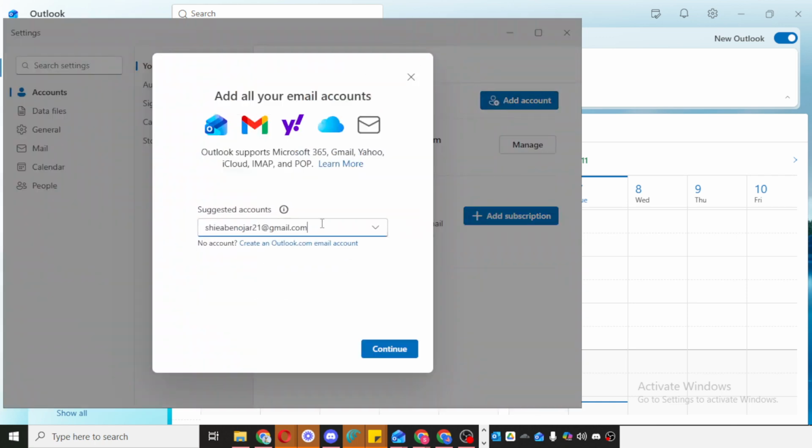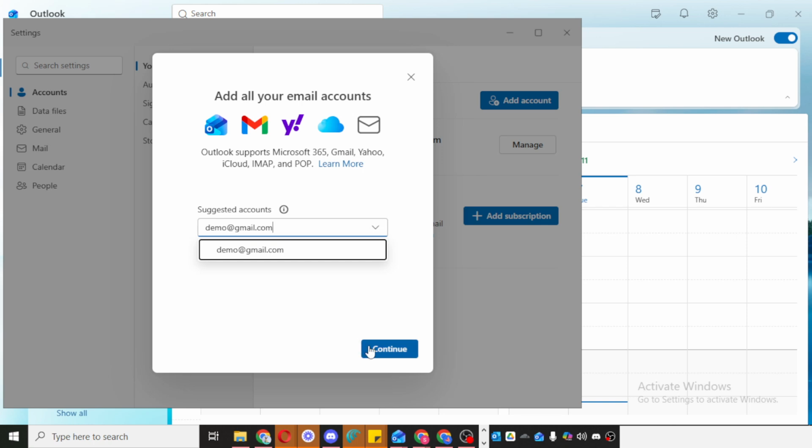A setup window will appear, prompting you to enter the email account you want to add. Now, enter your GoDaddy email address carefully and make sure it's typed correctly. Even a small typo can prevent the account from connecting properly. After entering the address, continue by following the prompts on your screen. Outlook may ask for your password and may also guide you through a few confirmation steps. Just complete each prompt as it appears.